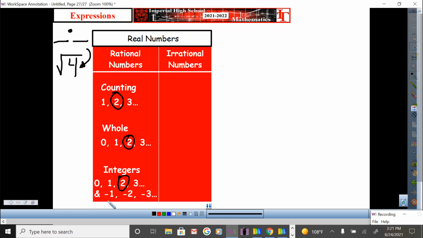However, what other number times itself gives us positive 4? Negative 2 times negative 2, because negative times a negative is a positive. It's also here. That's why this one is a real number. So far, so good? Yes? Okay, and these are all rational because we can write them as fractions or decimals. Okay, let me show you numbers that are irrational. What are irrational? Numbers that cannot be written as fractions or decimals.